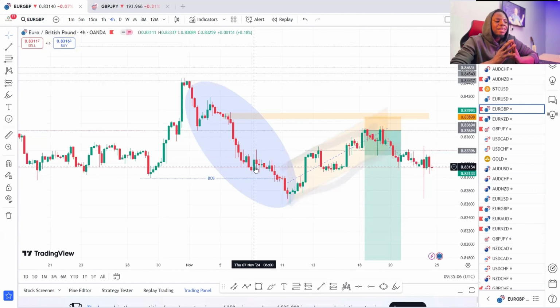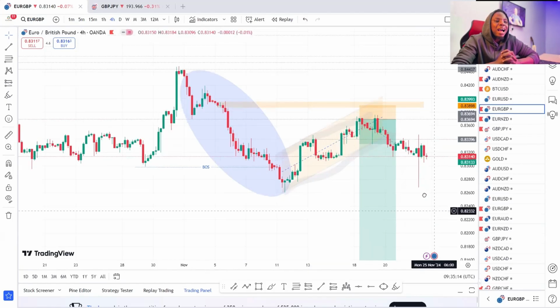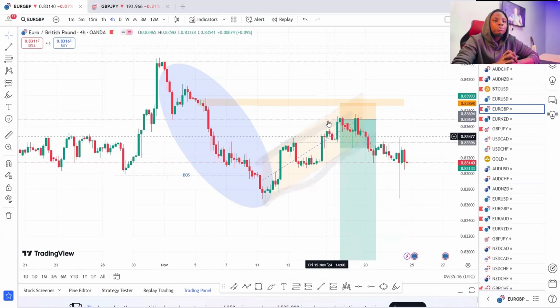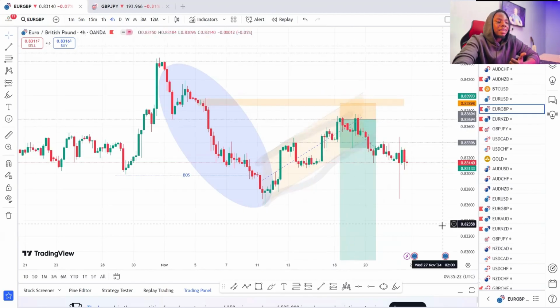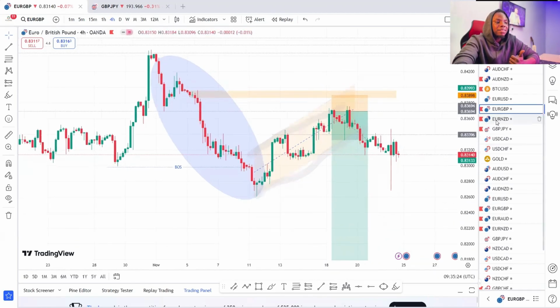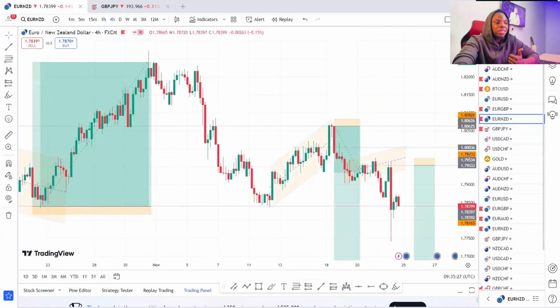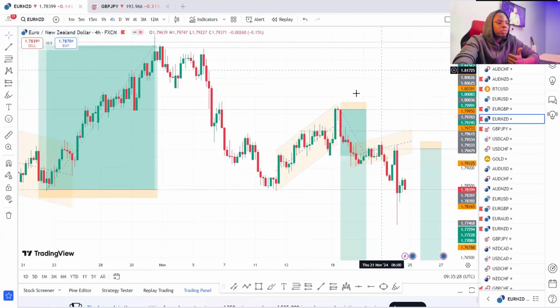See, the trend is your friend, and it will always be your friend. What you just have to do is take some time and learn how to master how the market moves in waves. Let's see what we have here. This is a recent trade that we took on our technical Tuesday. That was when we had this analysis, and we caught it and moved with it. I can show you a series of this on GBP.